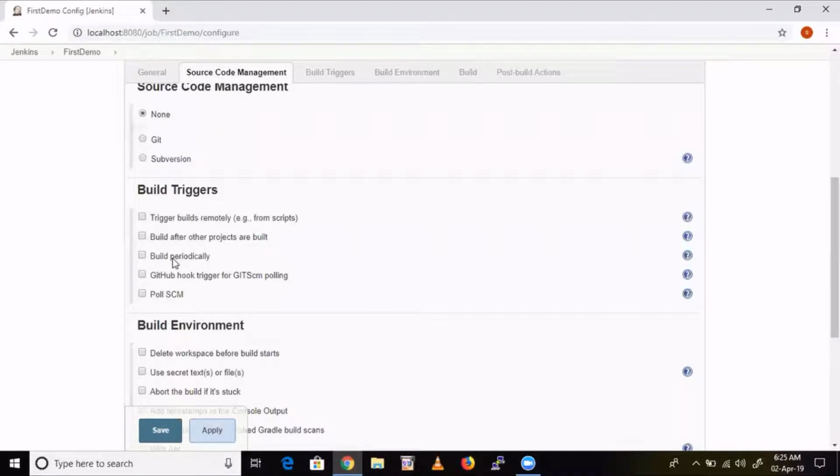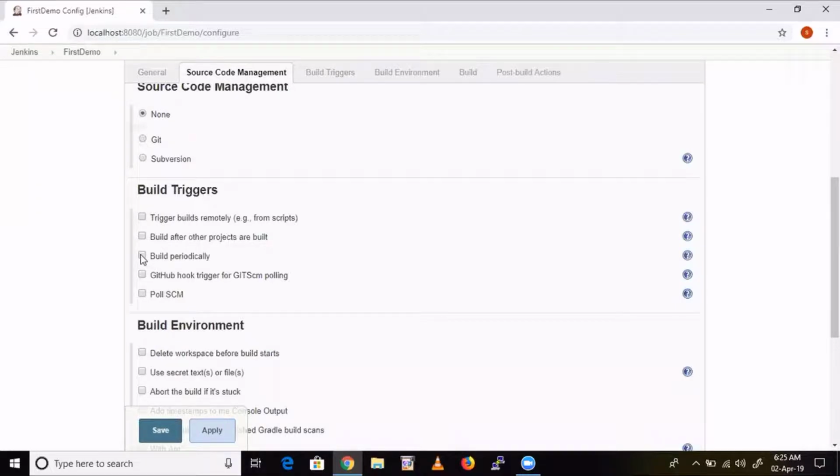Build periodically. See here, build periodically. For example, if the job has to be built every 3 minutes or every 5 minutes, for repetitive tasks. I told you, right? Jenkins acts as a cron server replacement.